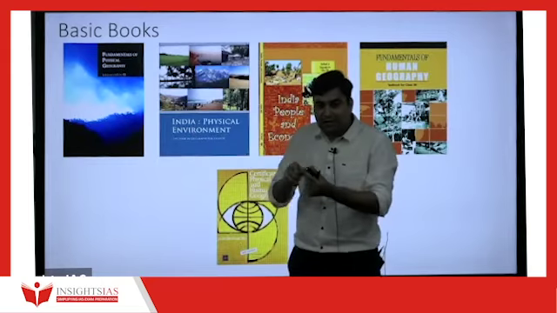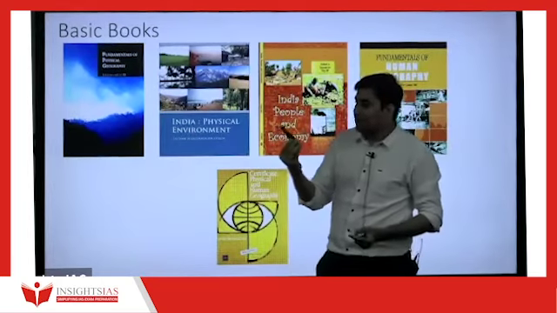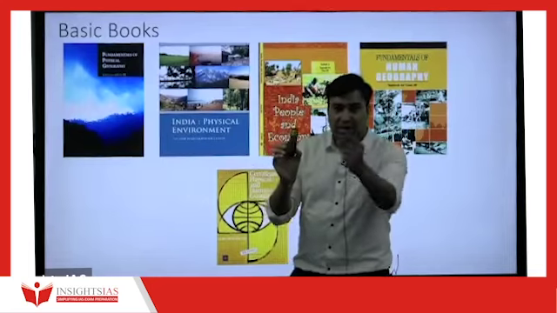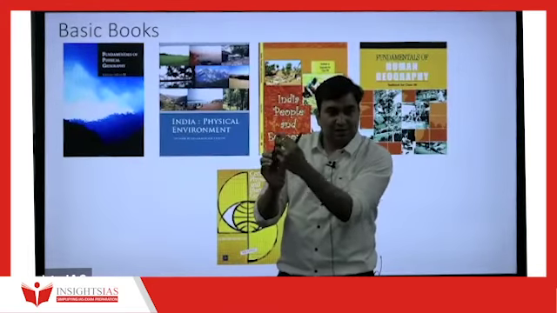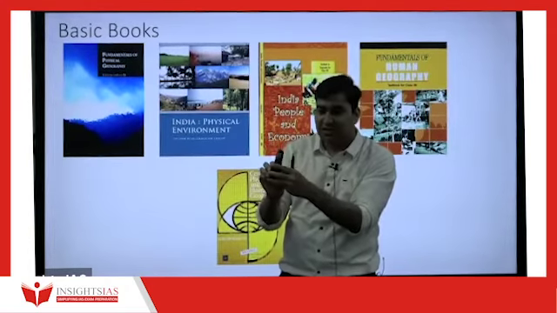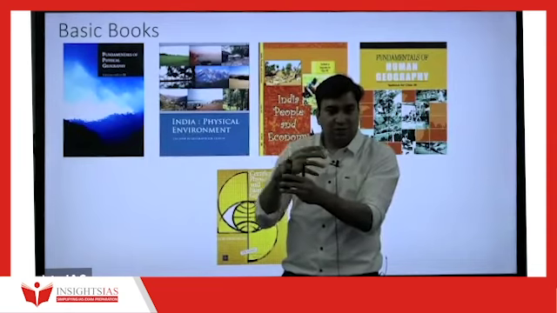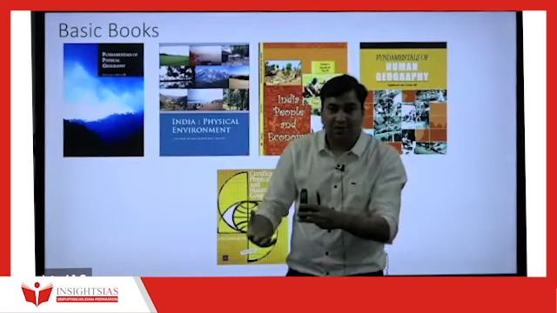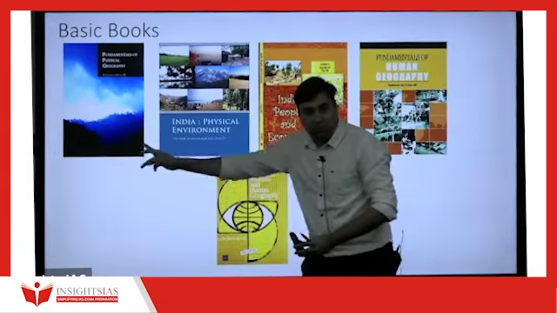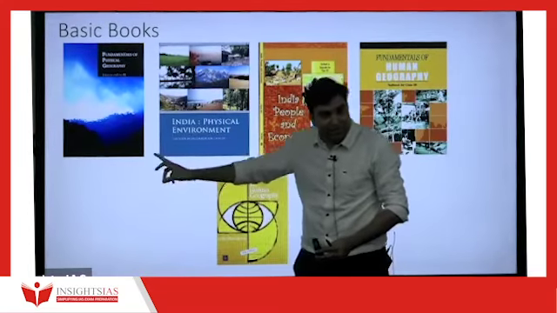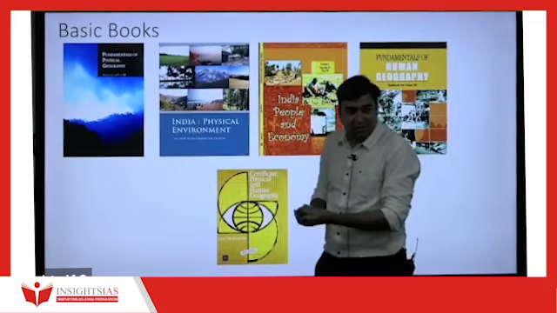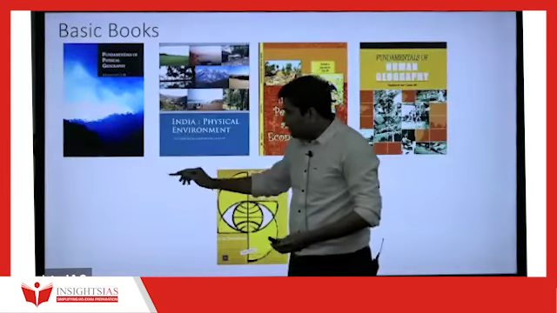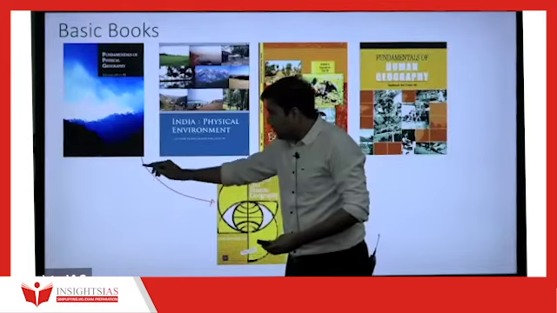For example, this is a mouse which you are able to see from this perspective, right? This is also a true part of a mouse, and this is also one part of a mouse. So if you want to see it from both perspectives in the easiest language, then you have to read both these books. In that case, it would be wise to read both of them. Is it clear? If you read both, it is going to help you.